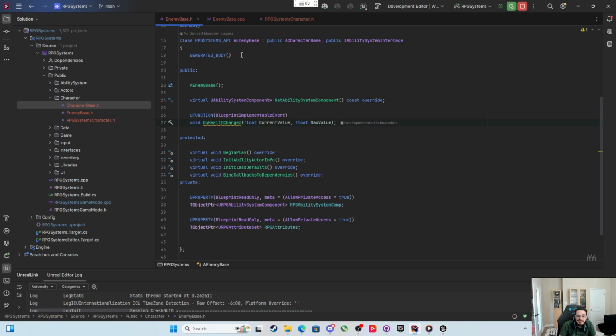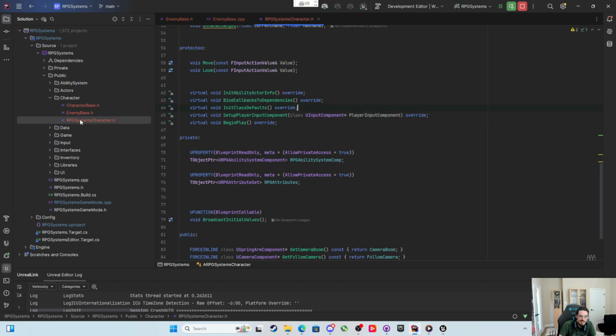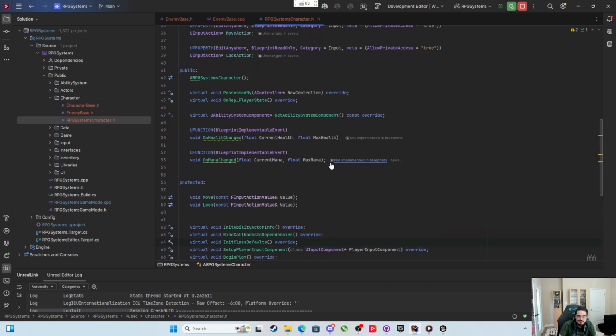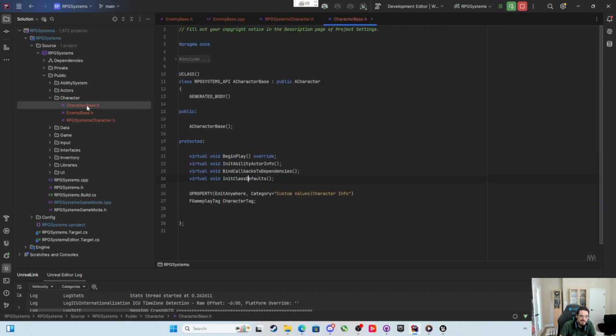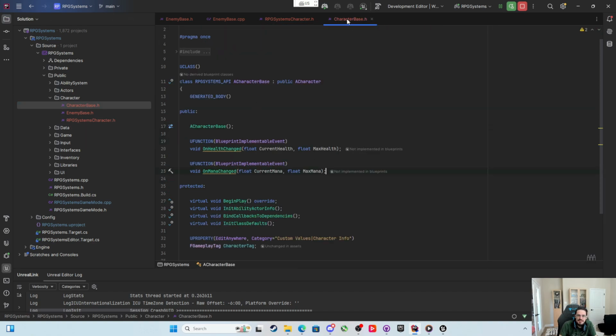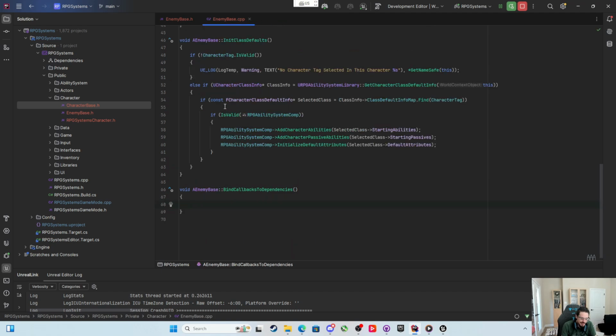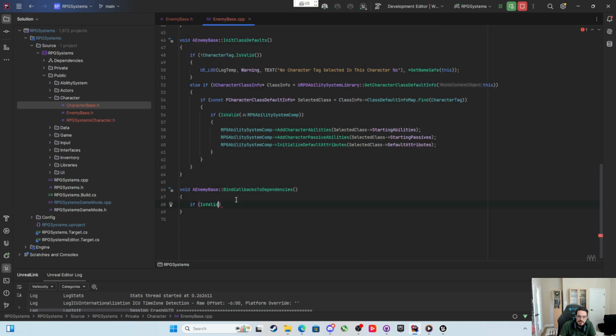And actually, if this is the case and we're sharing this, I could just delete it here, because in this case, I can literally just bring these now back to the public section of the character base for now. I could do that instead, and then I can just come into the enemy base and say if is valid,